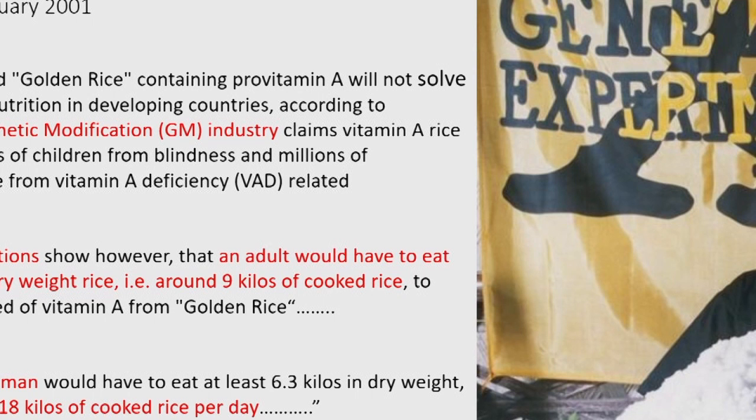Now, as it happens, we now know that had we gone with the initial proof of concept rice, it would have made a significant difference to vitamin A deficiency in developing countries, and maybe then we could have improved it later. But as it was, I think largely because of this activity, the inventors and others were caused to step back and say, oh, yeah, maybe they're right. Maybe we have to work to get the concentration up.